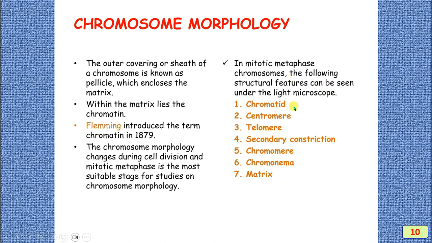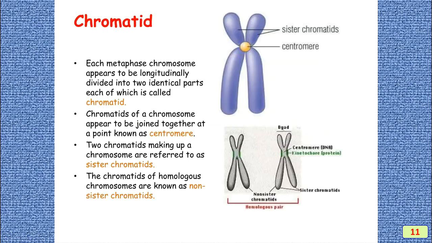Number one, the chromatid, the centromere, telomere, then secondary constriction, chromomere, then the chromonema and matrix. So we will see them individually. Each metaphase chromosome appears to be longitudinally divided into two identical parts, each of which is called a chromatid. The chromatids of the chromosome appear to be joined together at a point called the centromere. This is the point where the chromosome threads join, and both of these are called